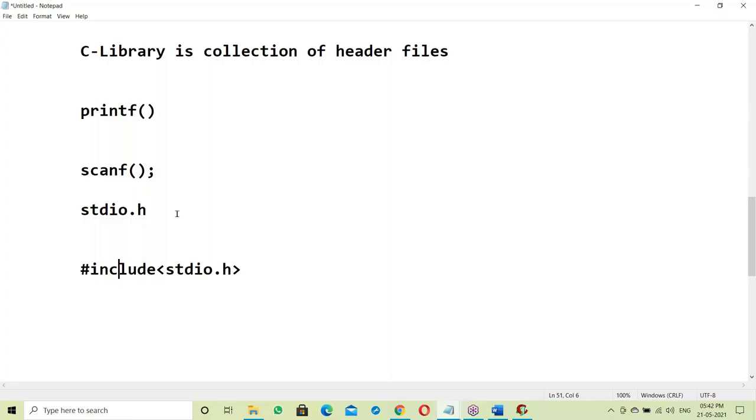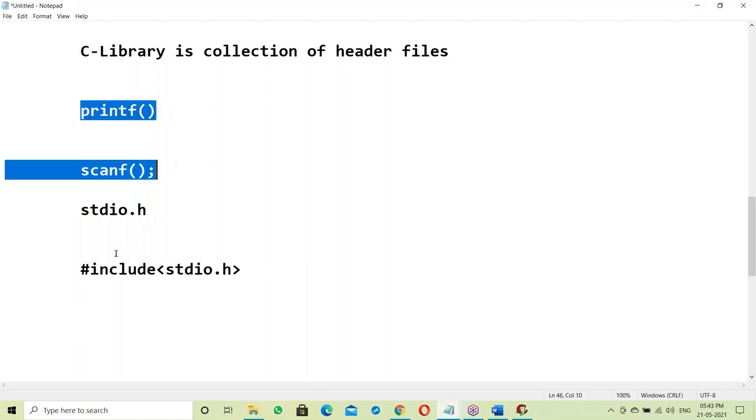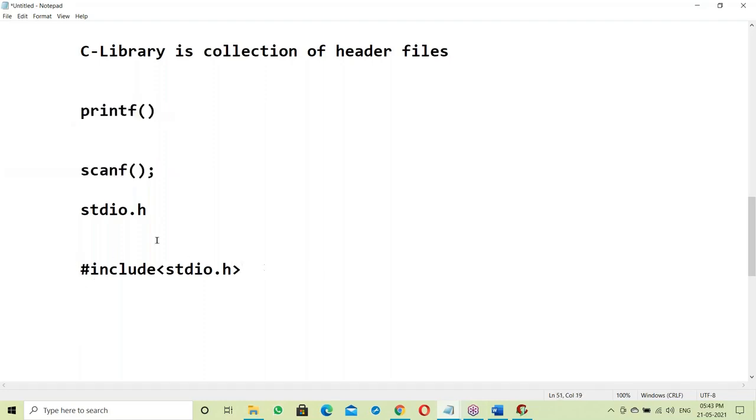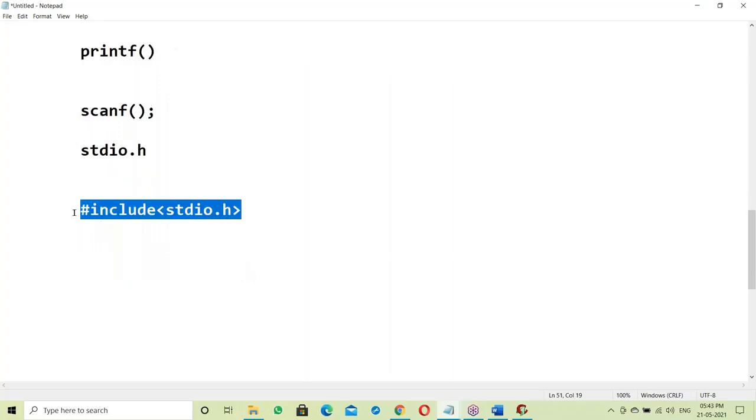I'm explaining these statements: hash include. The printf and scanf functions are from this header file, stdio.h, so we should include it. This is the way of including a header file. We'll see all the points here, and finally we'll make it into one program.